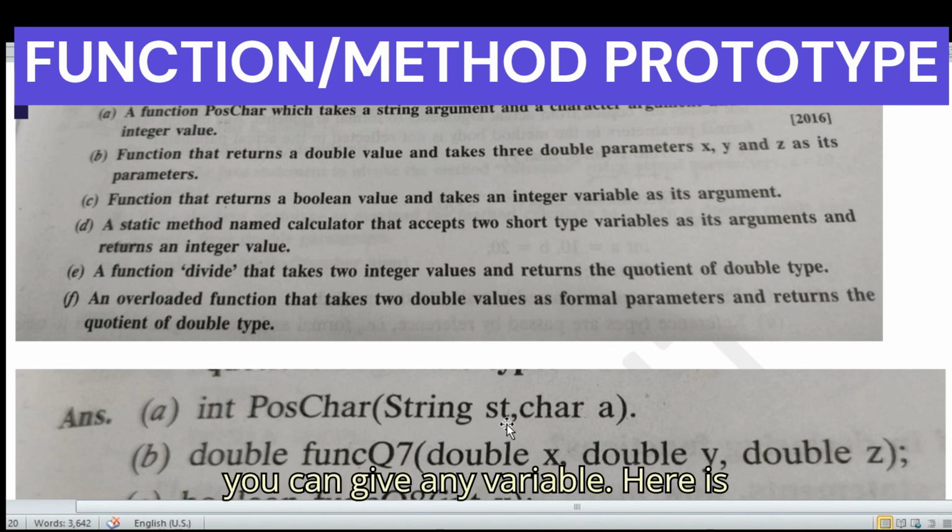You can give any variable, here the variable given is st, you can give a, b, c, d, anything you want. String's first letter is S capital. And a character argument, so this is char, and you can take any variable name. And returns an integer value, so the data type is int. So this is the answer of the first question.